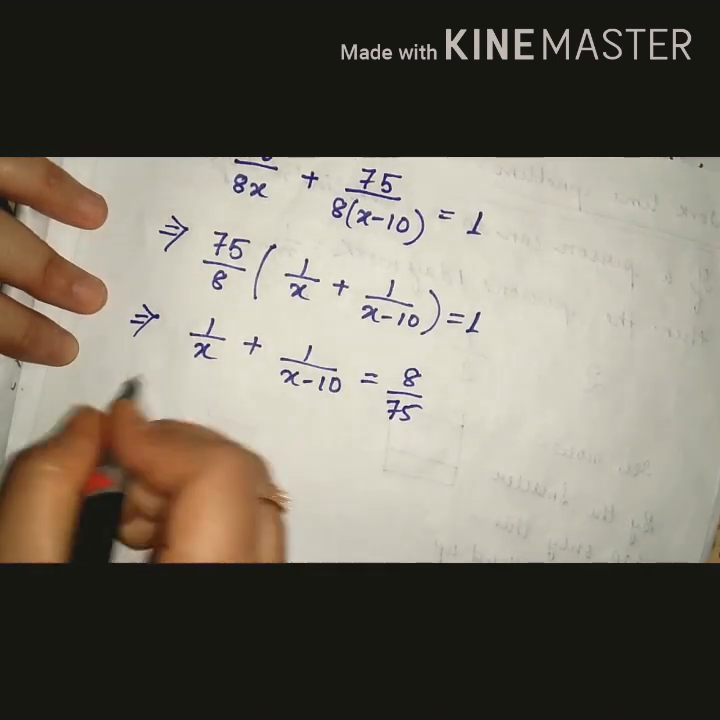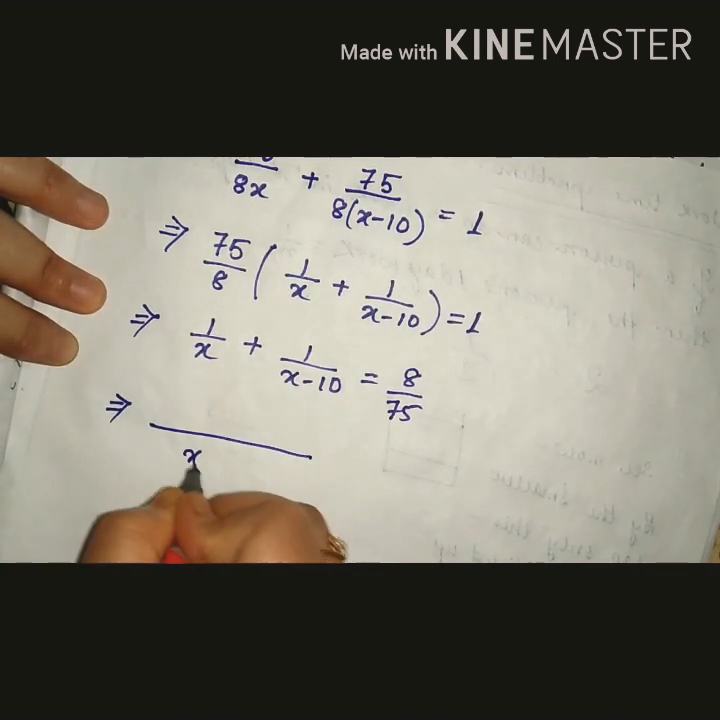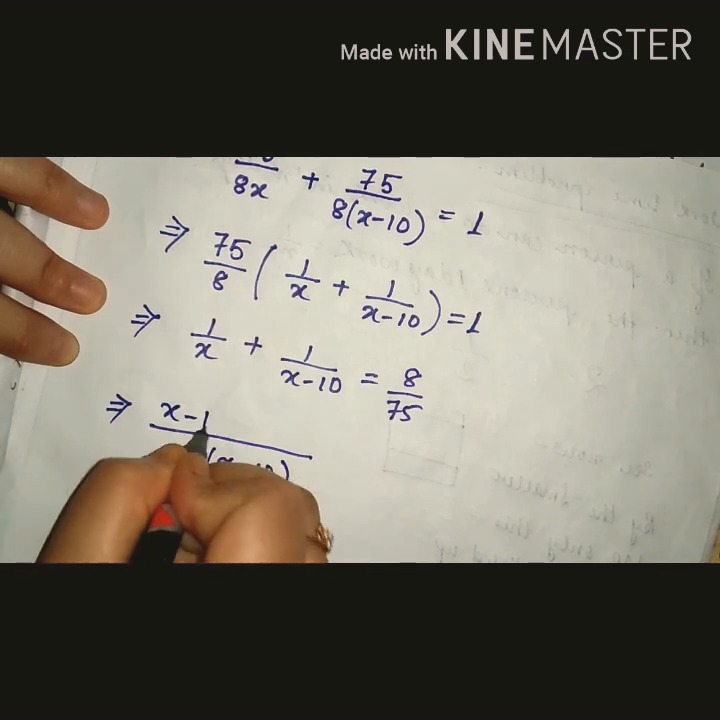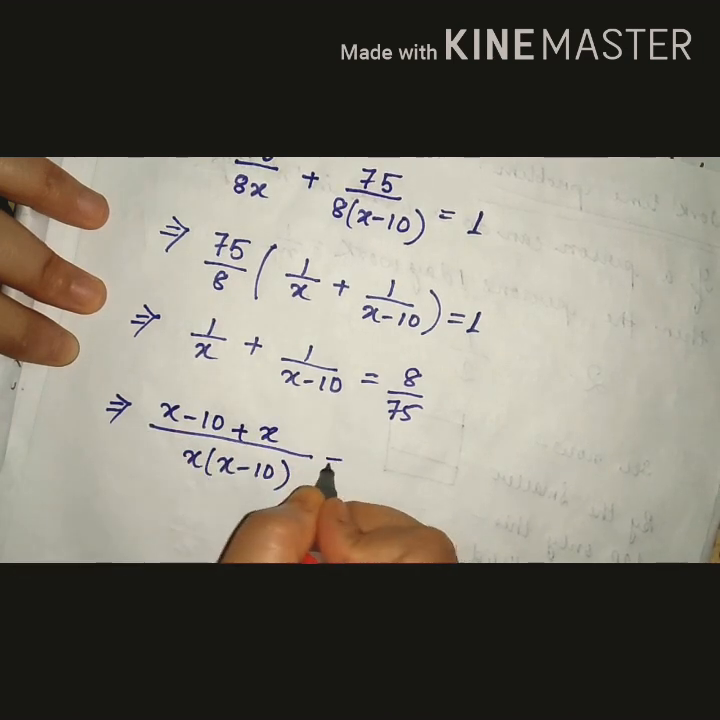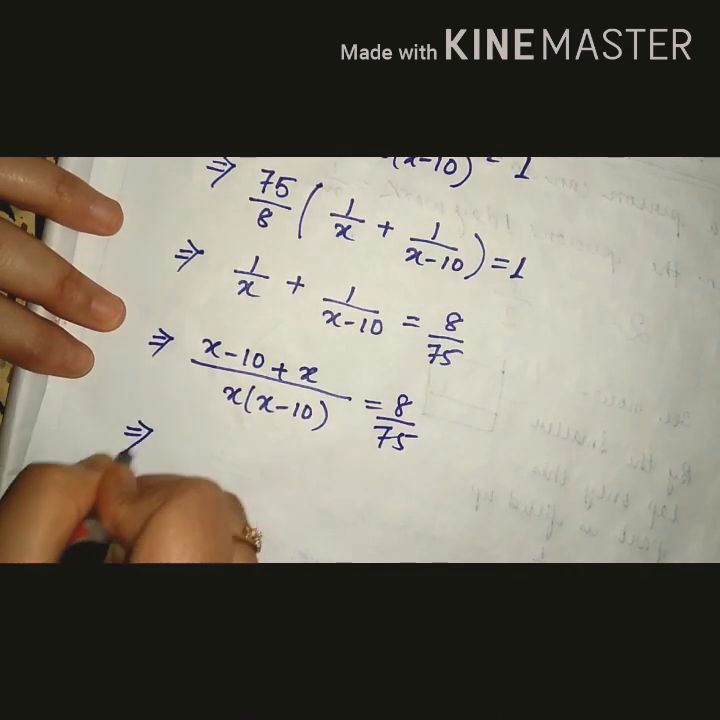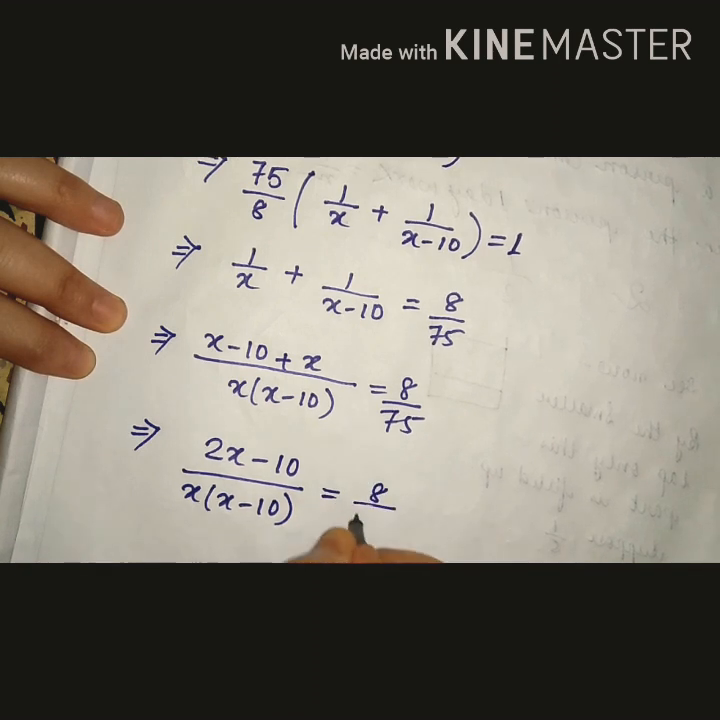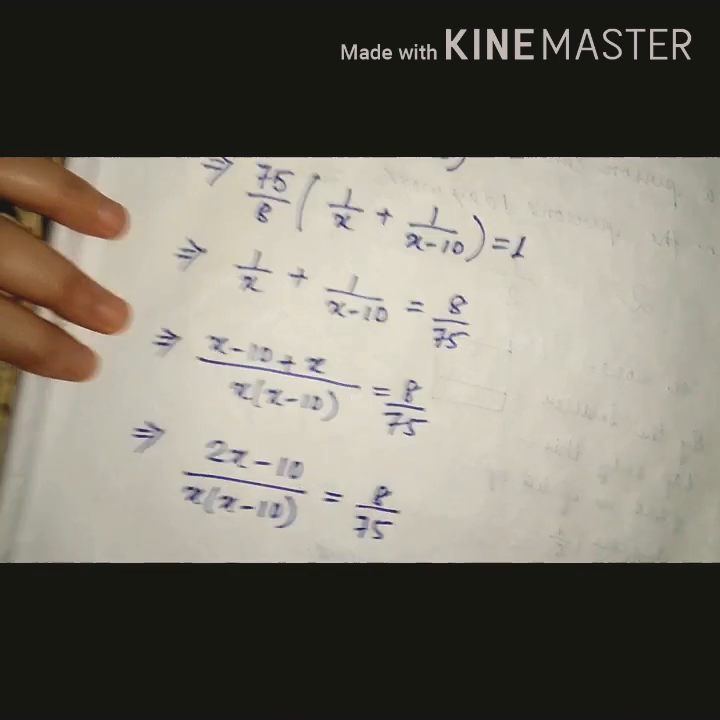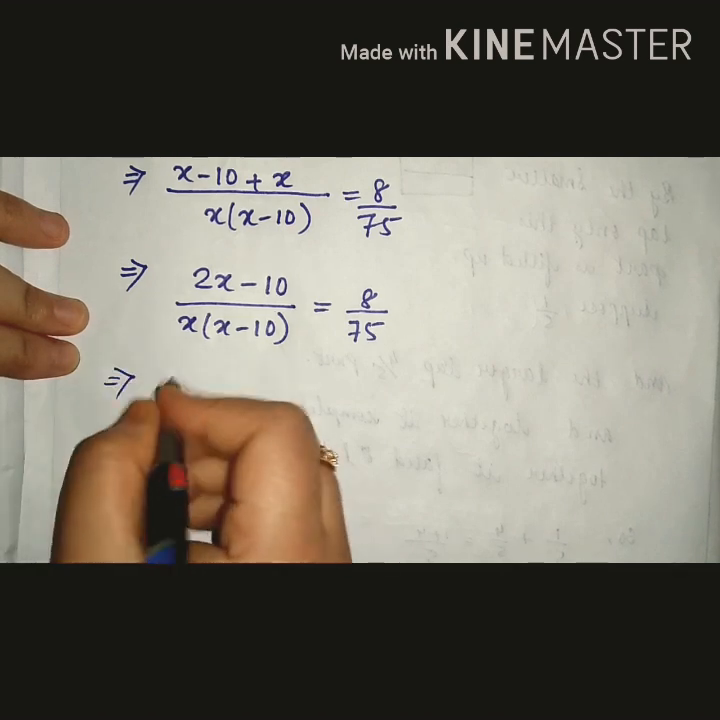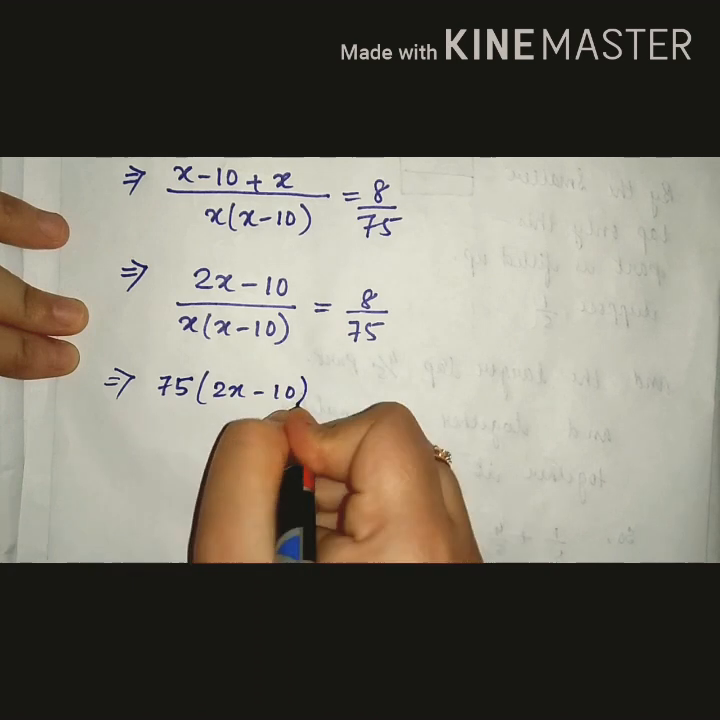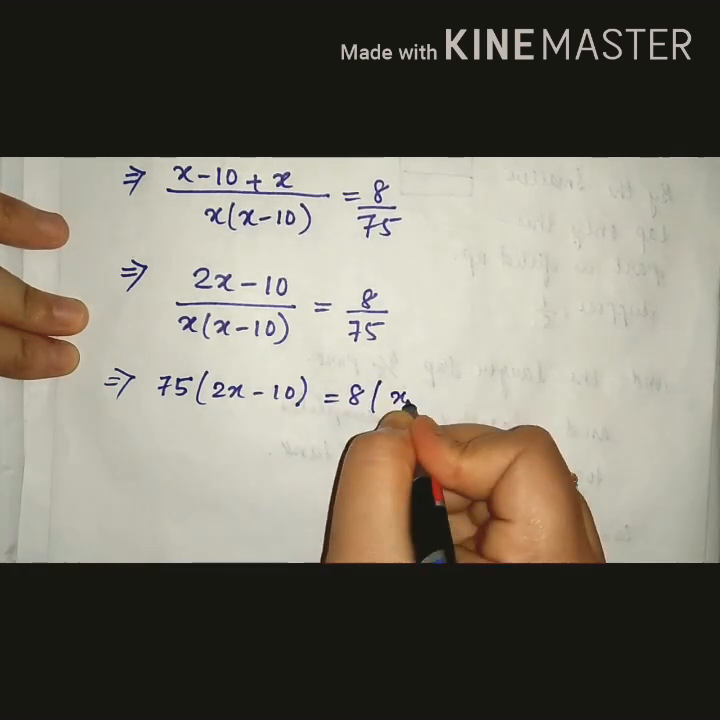Okay. Now, let us take LCM: x into x minus 10. Numerator it will be x minus 10 plus x equal to 8 by 75. Then it will be 2x minus 10 divided by x into x minus 10 equal to 8 by 75. Then do cross multiplication. 75 into 2x minus 10, this side 8 into x